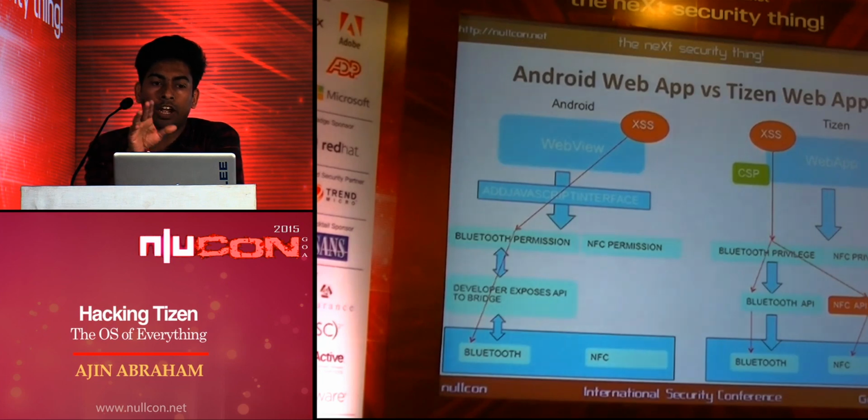So what happens if an access occurs? In the first case, for Android, this access can interact with the JavaScript interface, whatever label you give, you can call that. As Bluetooth permission is there, it can directly access the exposed API provided by the developer and access your Bluetooth. But even though NFC is an over permission, that API is not exposed. It has to be exposed by the developer. He has to write it. So its impact is less.